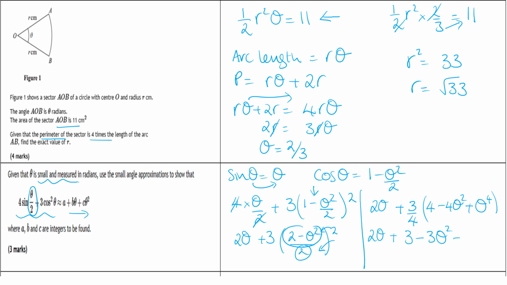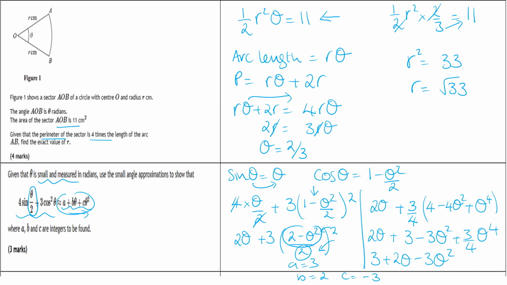I'll also get a plus 3/4 theta to the 4, but I don't want that theta to the 4 term because I just want up to the theta squared term. So putting it in the order that we've got here, it's the constant first, that's 3, plus 2 theta minus 3 theta squared. So here A is equal to 3, B is equal to 2, and